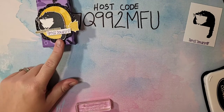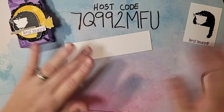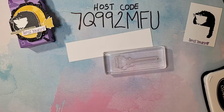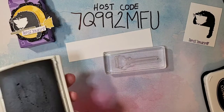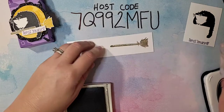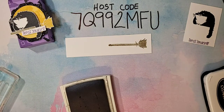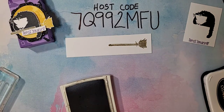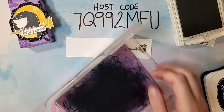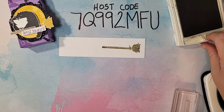We need to stamp our broom. So I have another just scrap piece of white here, and I have my broom stamp. And I'm going to stamp it once in Crumb Cake. Okay, we want that wooden handle, and then I'm going to clean it. Get my scrub out, my Simply Chamois. I'm just going to clean that off, and then we're going to stamp it again in Bumblebee, but we only